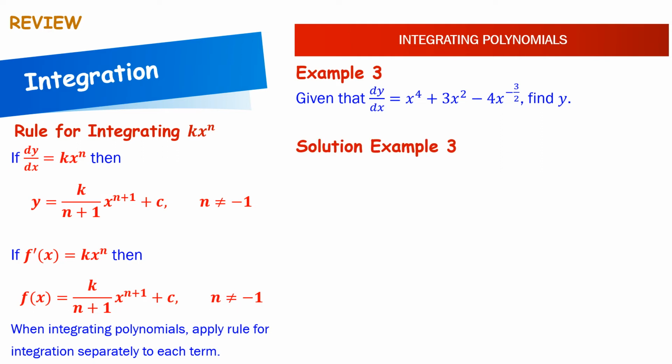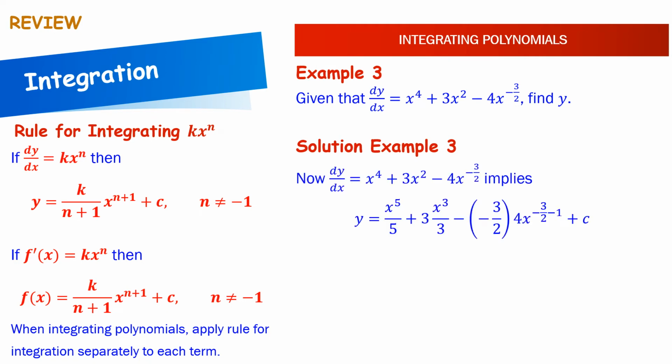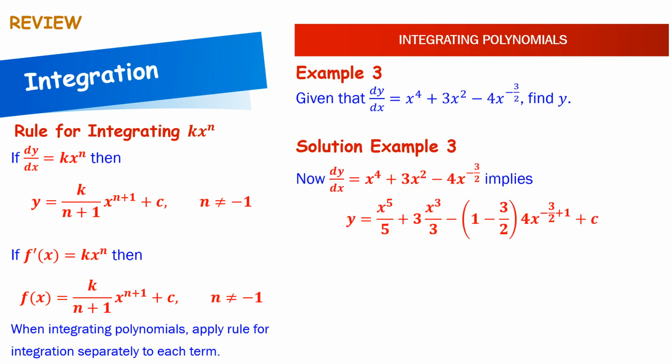So let's solve this. Before we begin, remember that when integrating polynomials, apply the rule for integration separately to each term. So, dy dx equals x to the 4 plus 3x squared minus 4x to the minus 3 over 2 implies y equals x to the 5 over 5